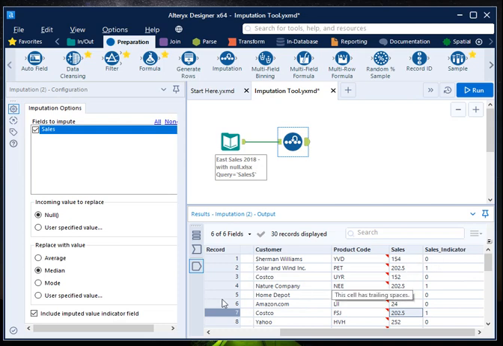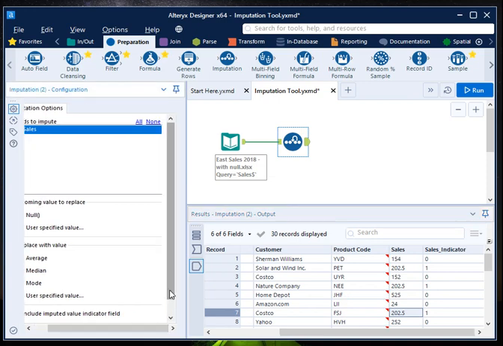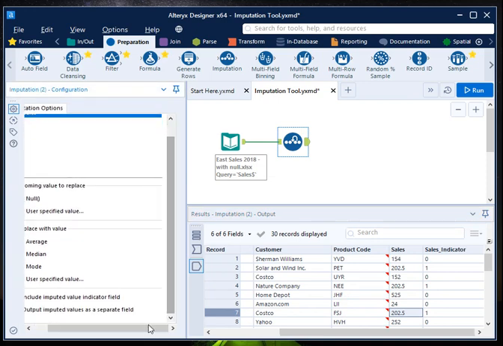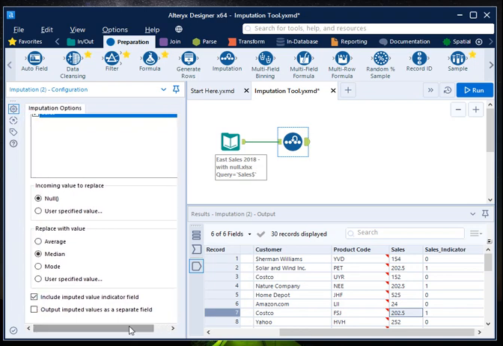whereas 0 indicates that the numbers were not null. Coming to the next option, instead of replacing the median or average value in the same sales column, you can also generate another sales column without impacting the input sales column. For that you have to check this option, output imputed values as a separate field. Once you hit the run button,